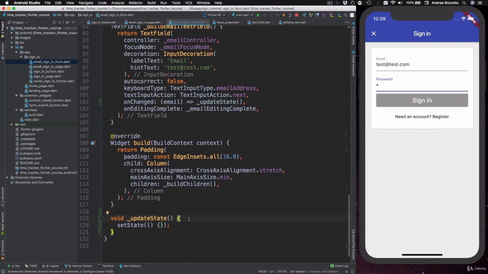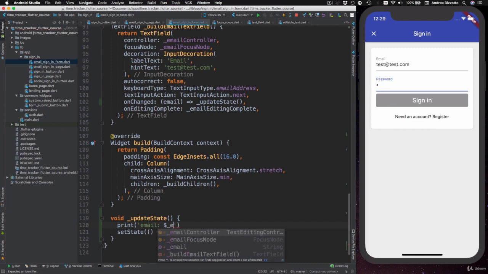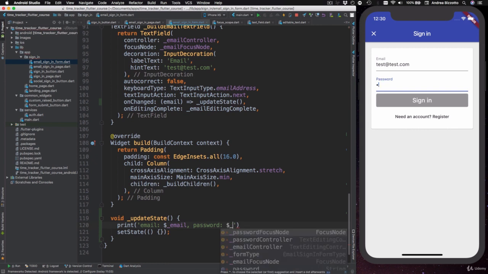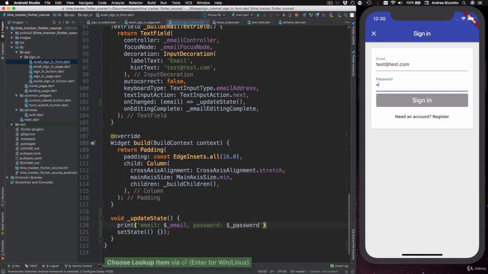So let's just see how this works. And we want to verify that this method is called and we can get the updated email and password fields. So to do that, I can just add a print statement, and here I could say email is $_email, and then password is $_password, like this. And if I hot reload now,